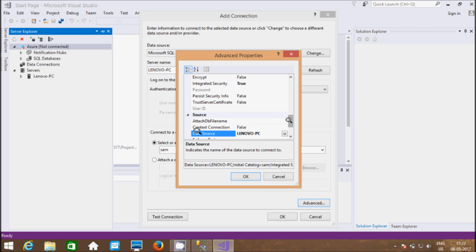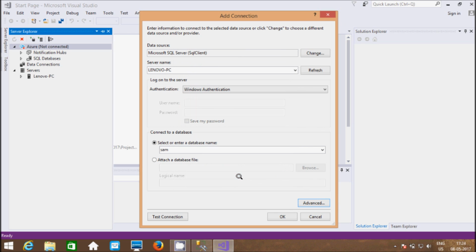This is the description: data source Lenovo PC, initial catalog Sam, integrated security. This one. Now let's click on OK.